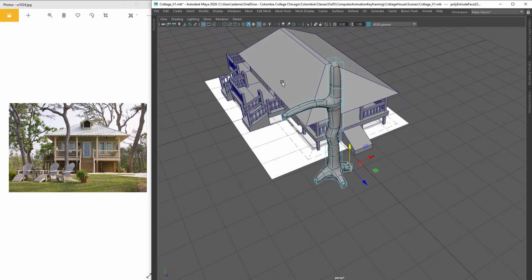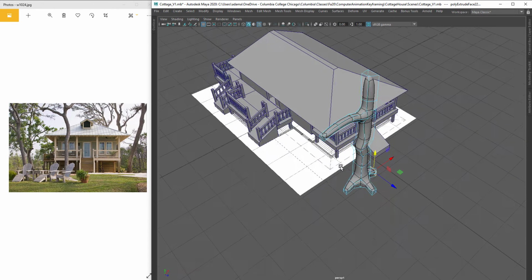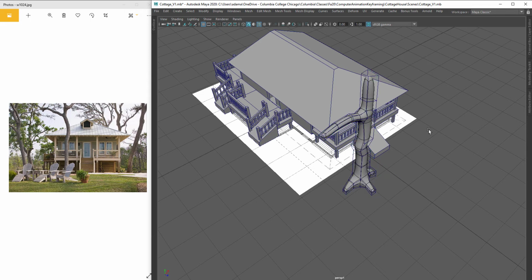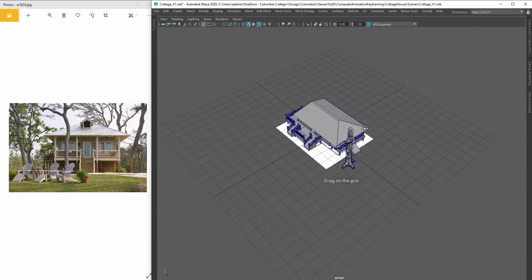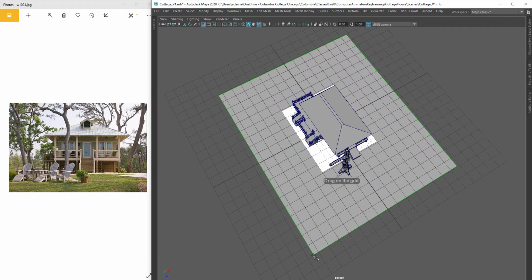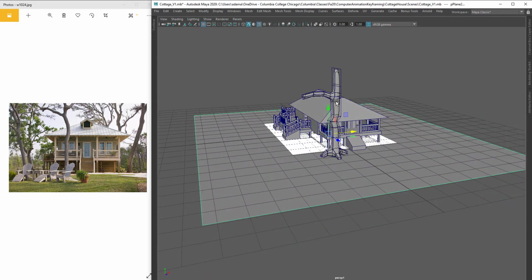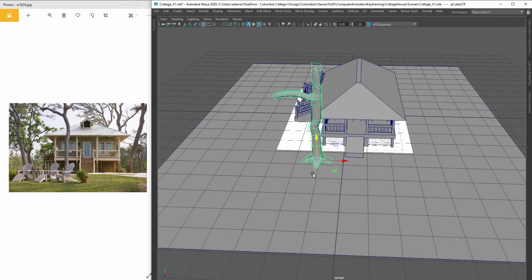Now what I'd like to do is show you, just kind of create the segmented area for the ground plane. So going back to object mode, I'm going to go to create polygon primitive and just add a plane across this whole surface. And then I'm going to take this object and sort of push it into the ground. Sort of place it here